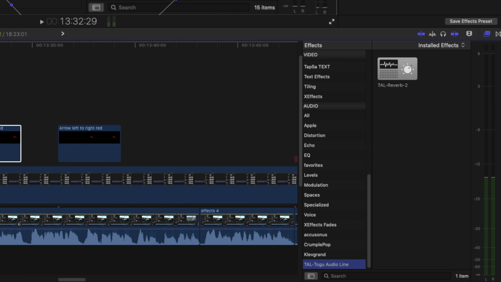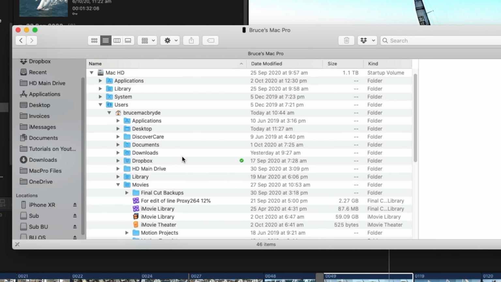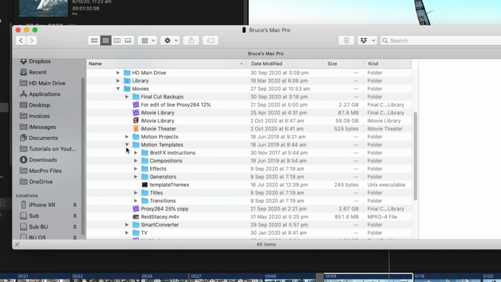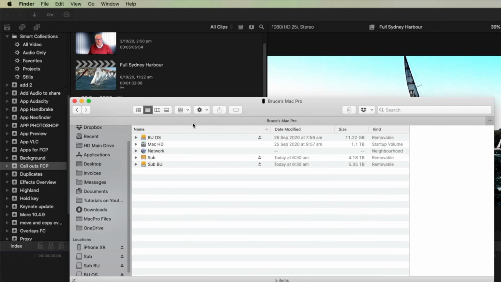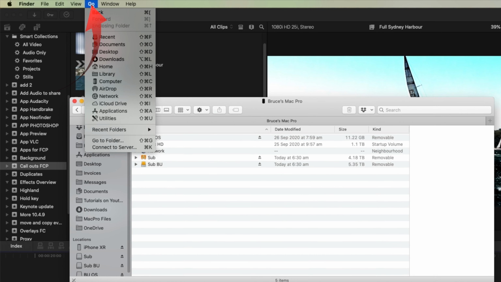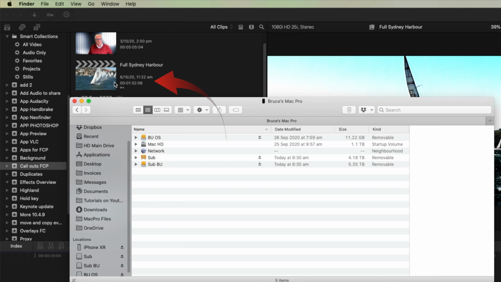Now, some plugins will in fact require you to add them manually. I'll show you where most non-Apple plugins live, and they're in the Movies folder inside your Users folder. So you want to go to the Go menu at the top of the menu bar when you're in the Finder, and select Computer, and this will take you to all of the hard disks on your computer.